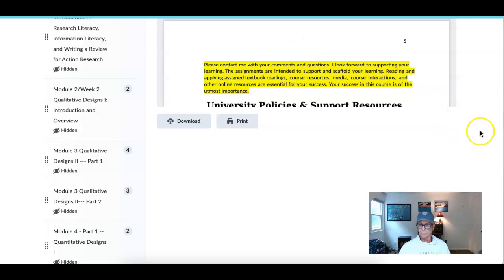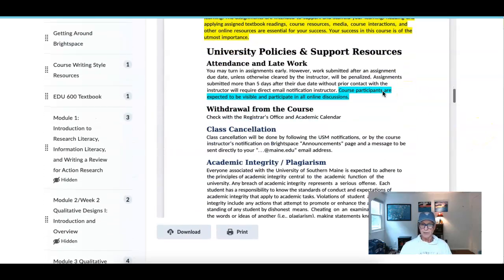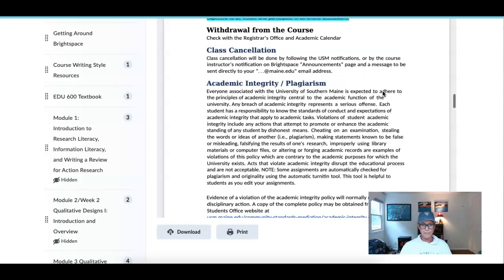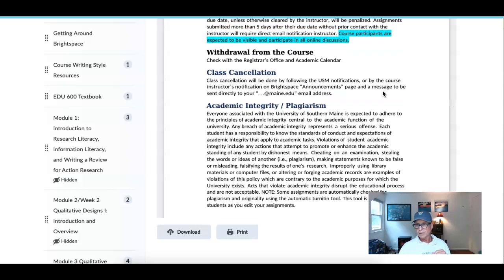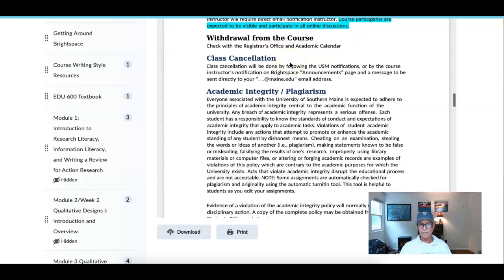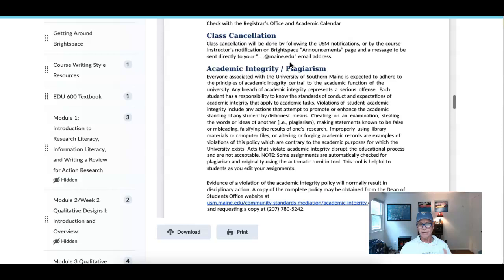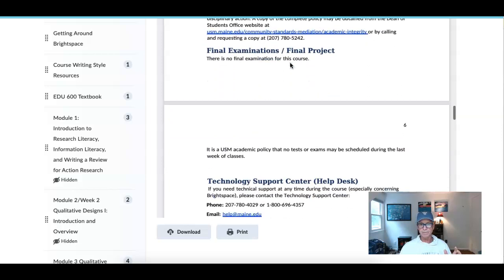I'm having a little trouble here. Okay, so you can take a look at all of the other information that I put in the syllabus. Withdrawal from course, please check with the registrar. If you are going to drop it, the drop period is so quick, and I don't have it in front of me, but I think it's probably in the first 2 weeks, but don't quote me on that. Reach out to the registrar's office if you have to drop the course.